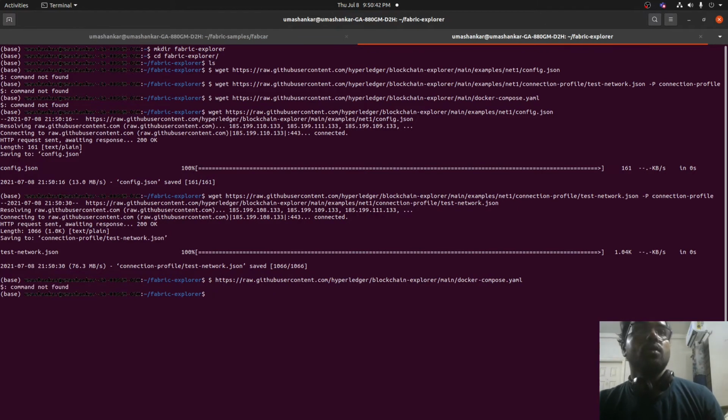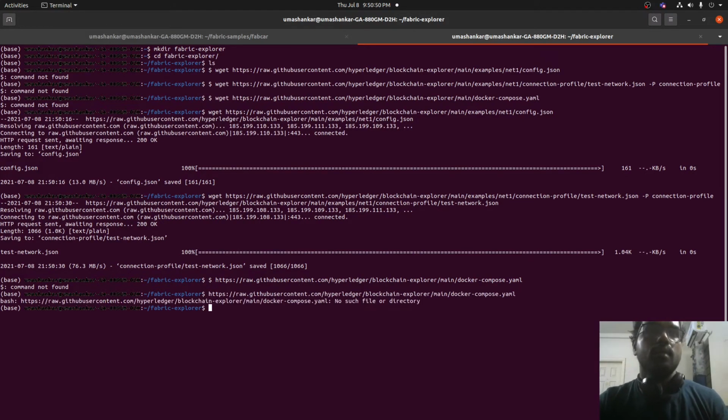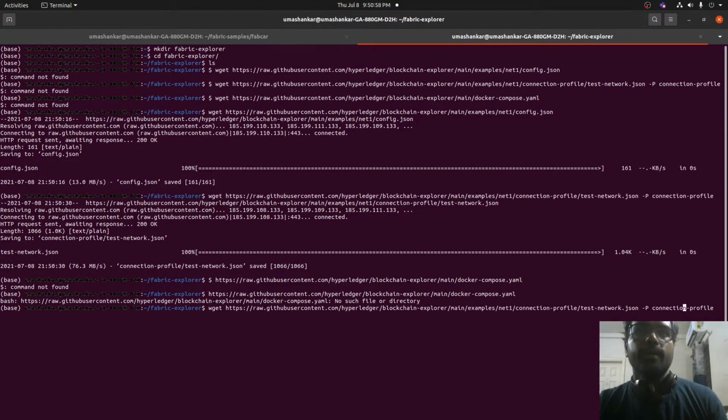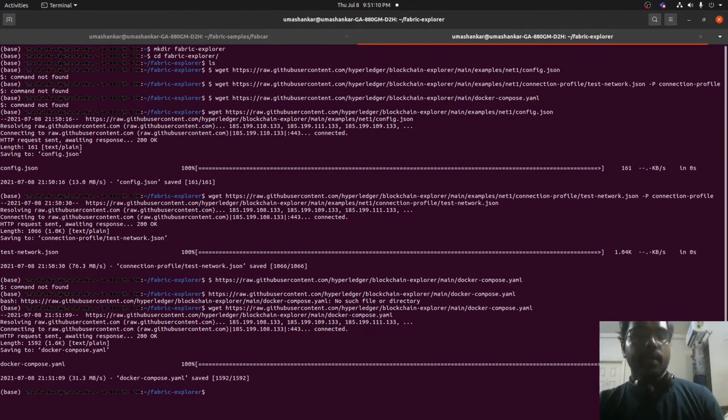Okay, remove the dollar sign and run it. I think I removed the wget also. What am I doing? I need the docker compose.yml. This is what I need. Wget docker compose.yml. Okay, all done.